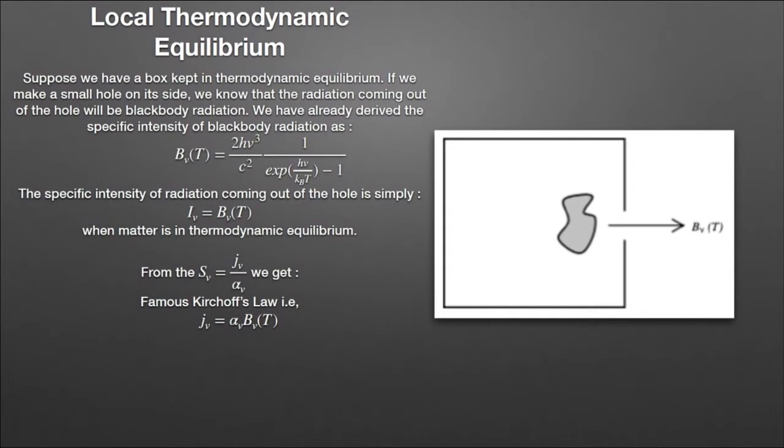Now, if we assume thermodynamic equilibrium, as we have derived in this equation, this function should be equal to the black body radiation, that is I_ν is equal to B_ν(T). But we really don't have strict thermodynamic equilibrium. Also, the temperature inside a star is not constant, but varies with the radius. As you know, outwards the temperature will be cooler, and as you go towards the center it increases. So in that situation, will this equation I_ν equal to B_ν hold or not?